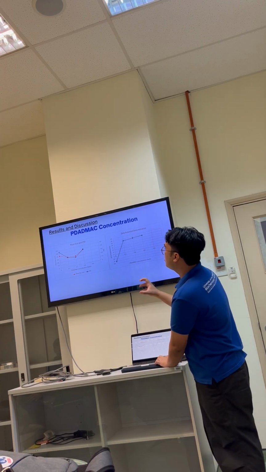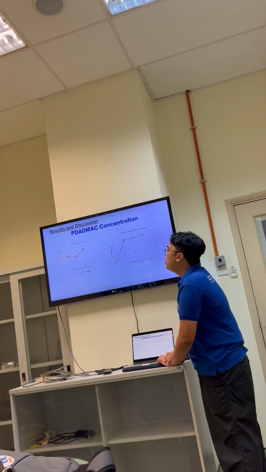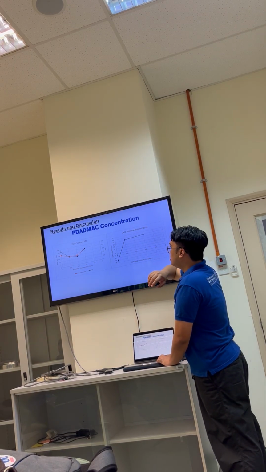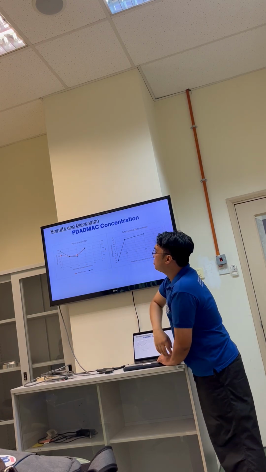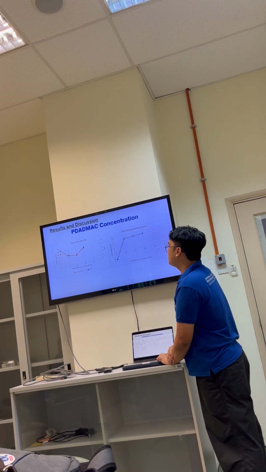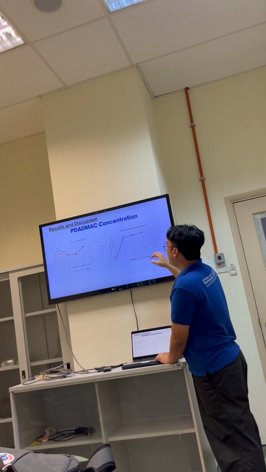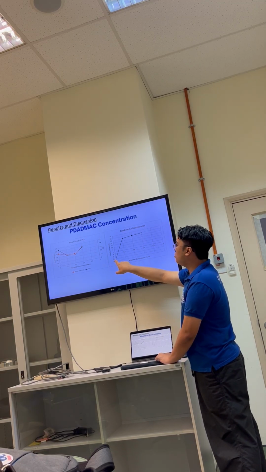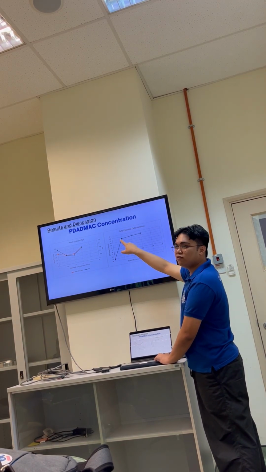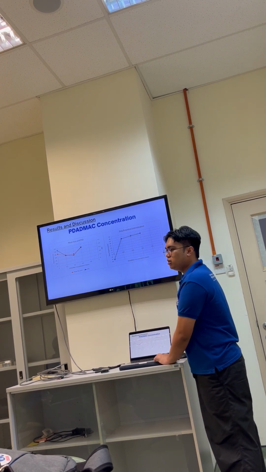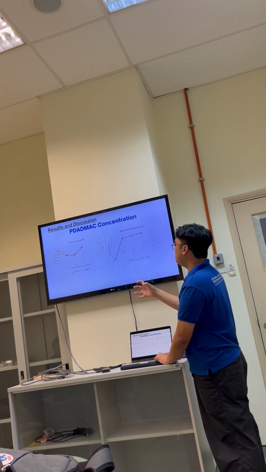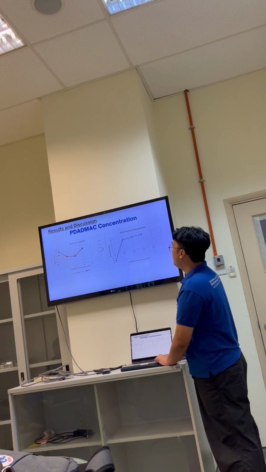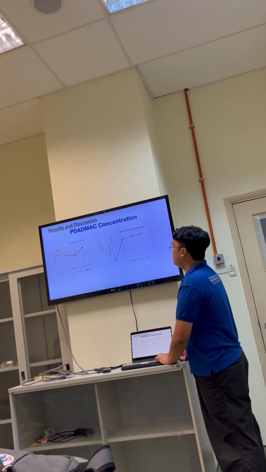Next, the overcoat, the PDMAC, the positively charged overcoat. We can see here that there's a sweet spot between 0.2 and 0.4% concentration. And we can see here that, of course, both extremes tend to give unfavorable results. And it is also confirmed here that using no overcoat, we can get a negative zeta potential. But using an overcoat switches the charge to a positive 25 zeta potential, the outer interfacial surface. So we just have confirmed that indeed PDMAC overcoats the entire thing. And of course we get sufficient zeta potential for colloidal stability.